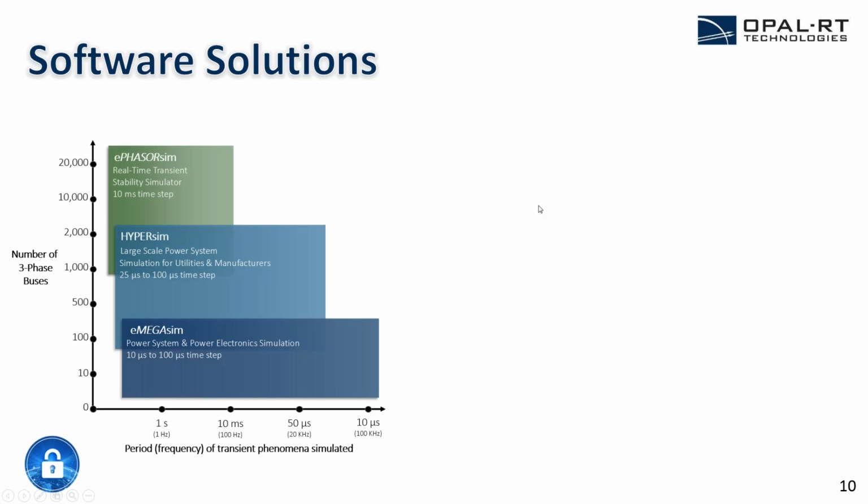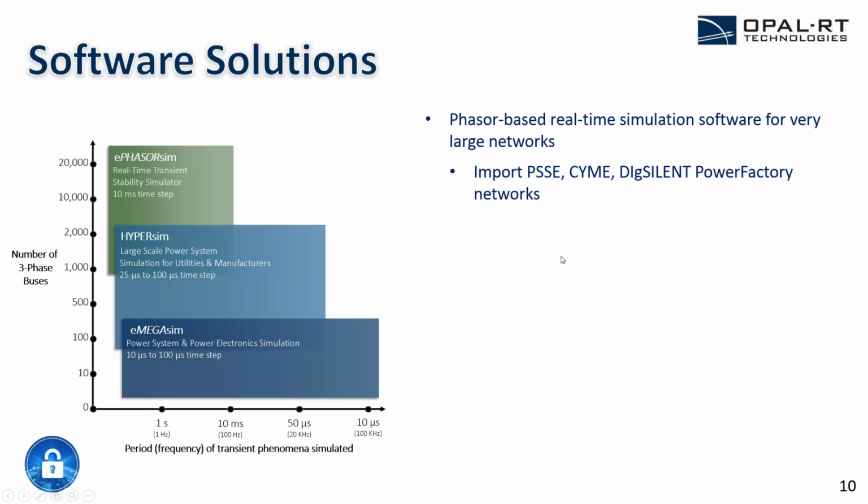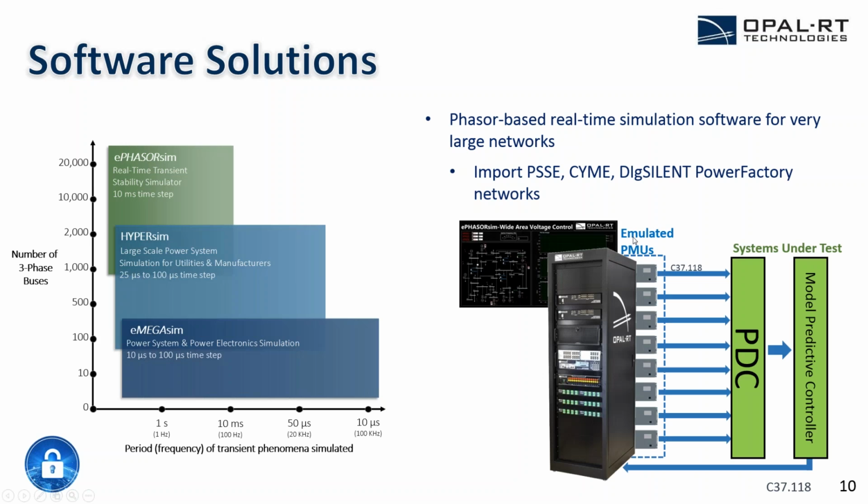And last but not least, for phenomena that are around the frequency of the power grid or lower, we have phasor-based real-time simulation for real-time transient stability simulation. What's interesting about this application is cybersecurity professionals are not always interested in high-frequency activity on their grid. They may actually just care about slower, lower frequency phenomena. And because it's phasor-based, you can very easily emulate